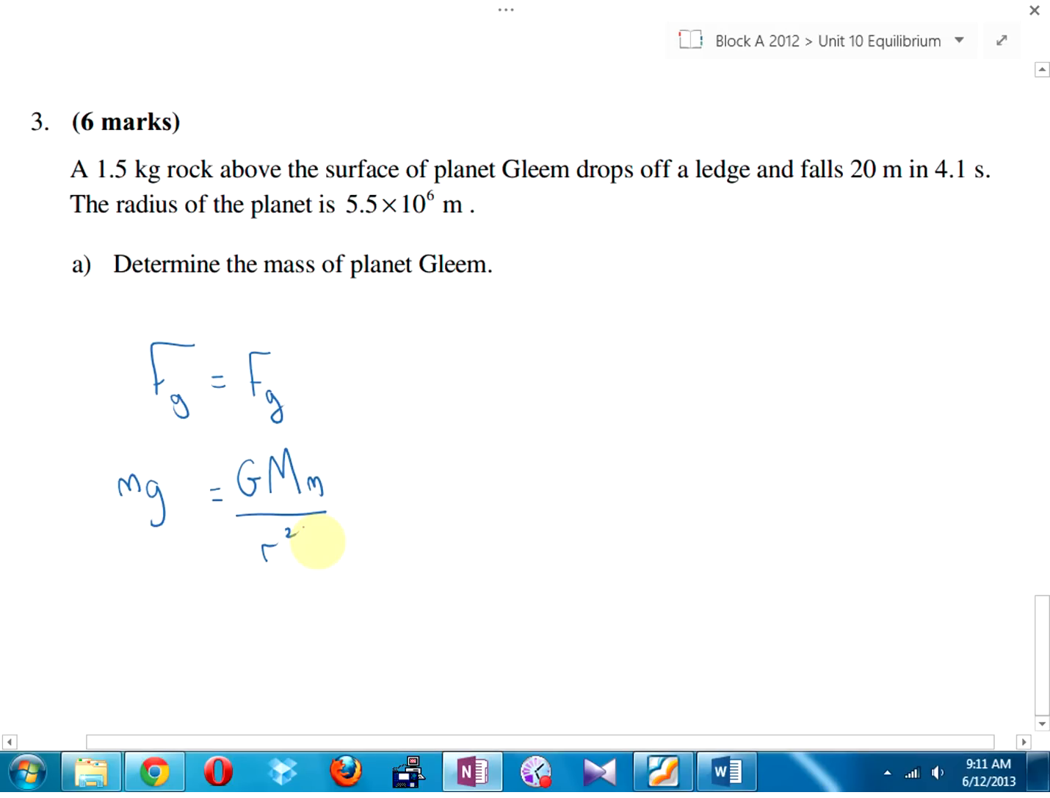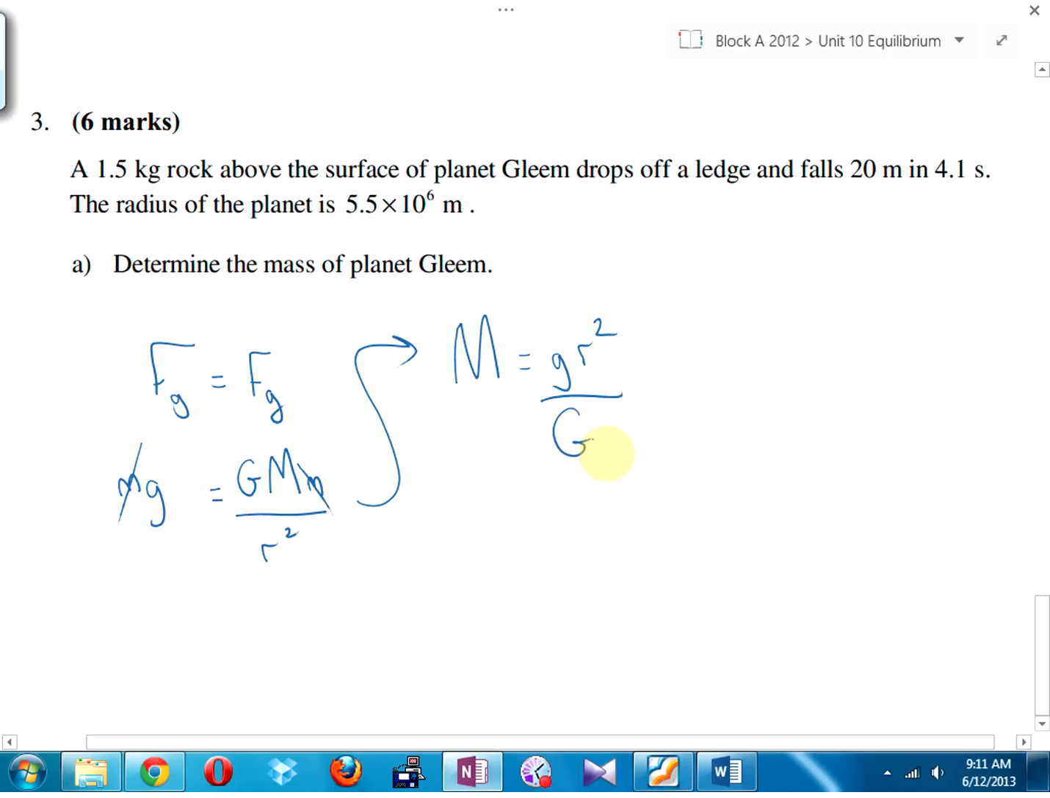Okay, now what? Cool. I guess big M is what they want us to find. Let's get that by itself, shall we? How? Times by r squared and then... Okay, so the mass of the planet is apparently going to be little g r squared divided by